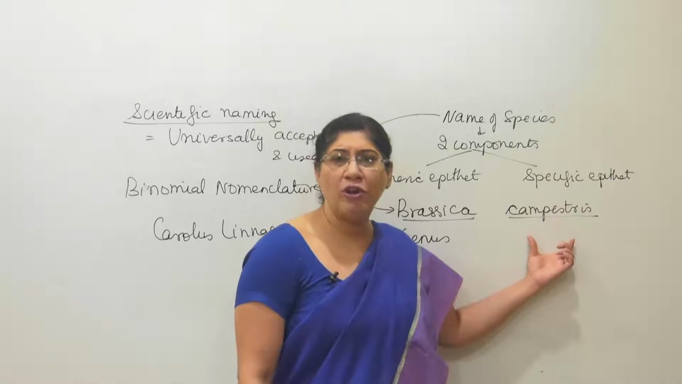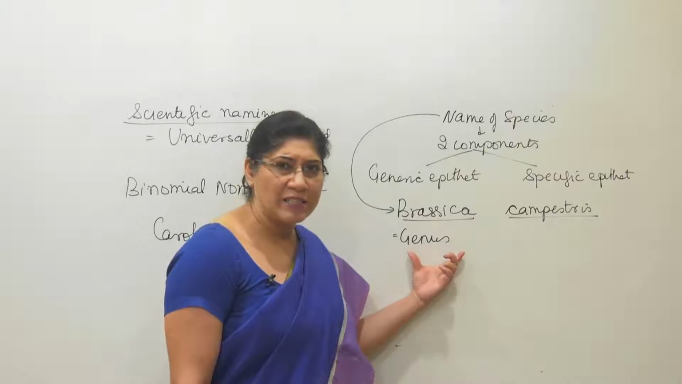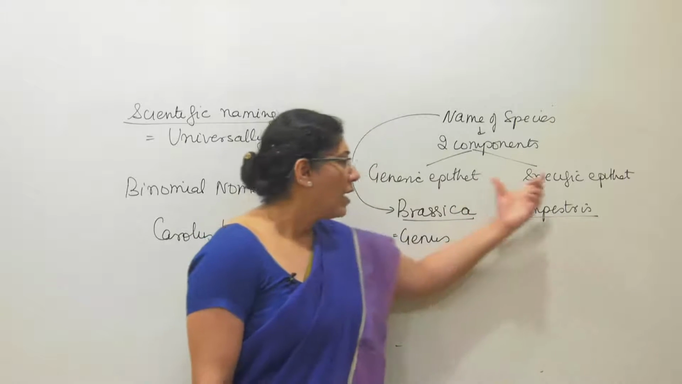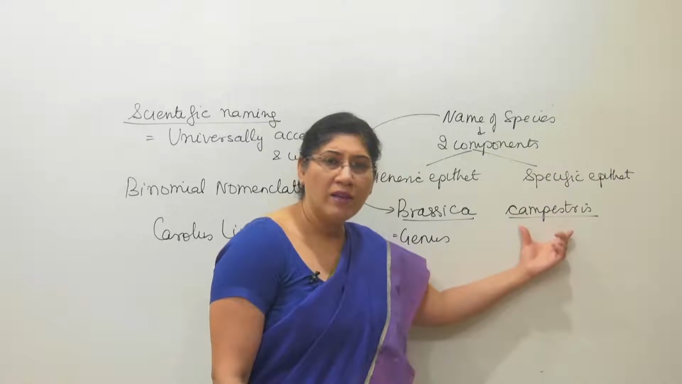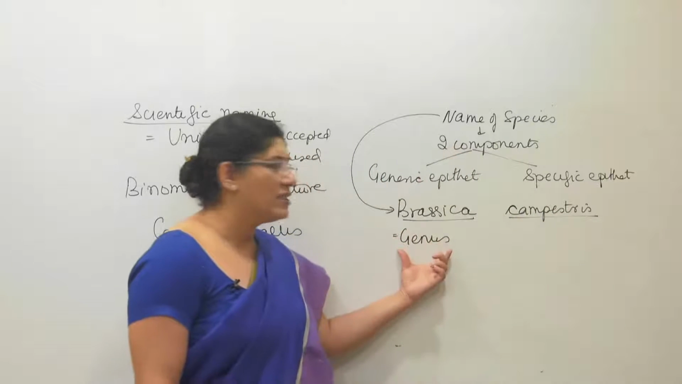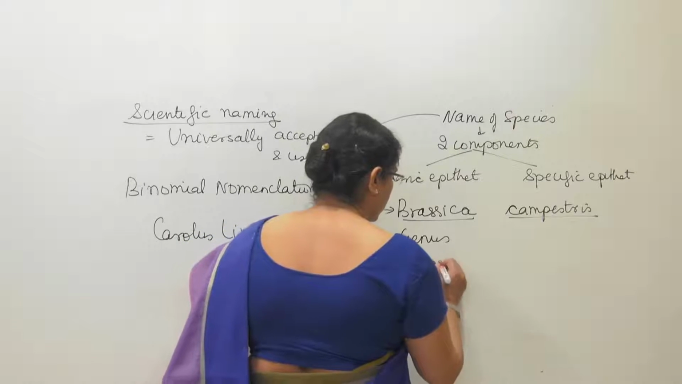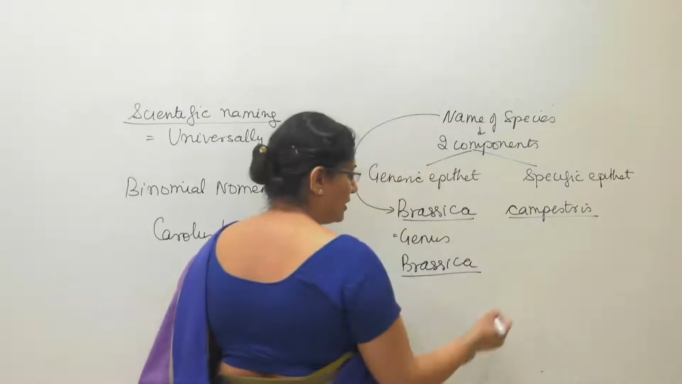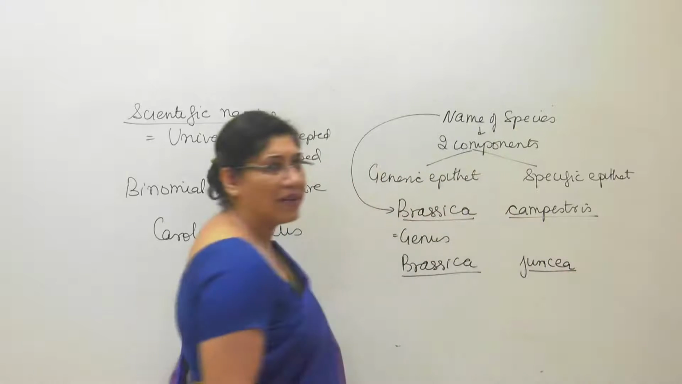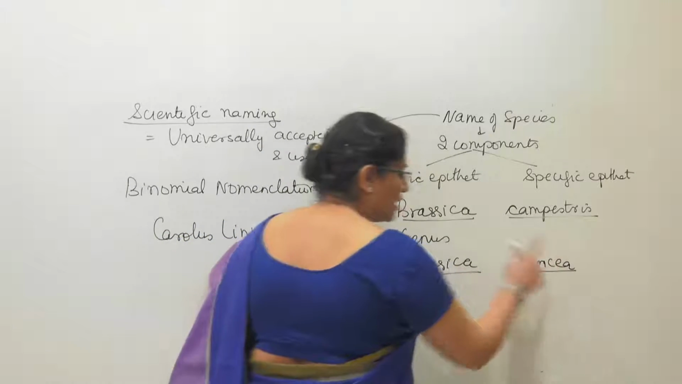Campestris is not species. I will not say it is species campestris. I can say it is genus Brassica, but I cannot say it is species campestris. I will say campestris defines the species Brassica campestris belonging to genus Brassica, because in this genus Brassica different species will have different specific epithets. Now Jancea is defining species Brassica jancea,